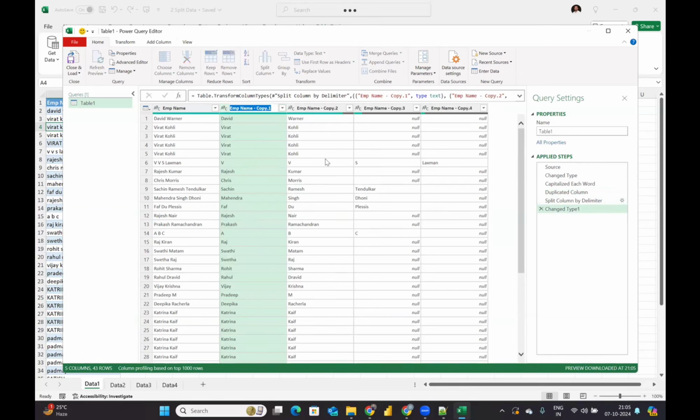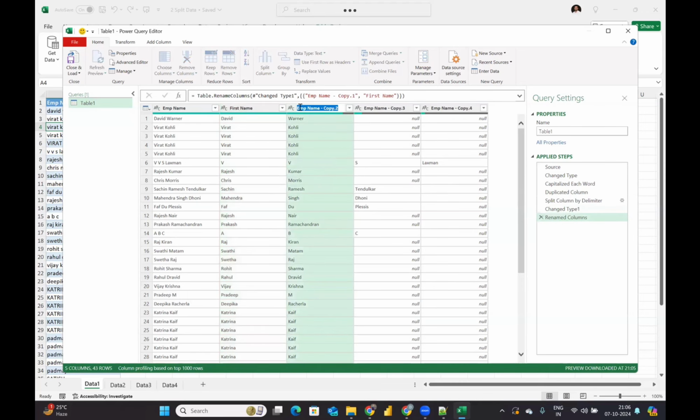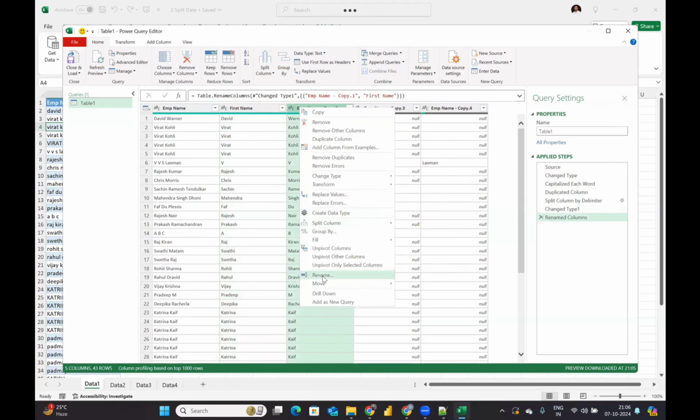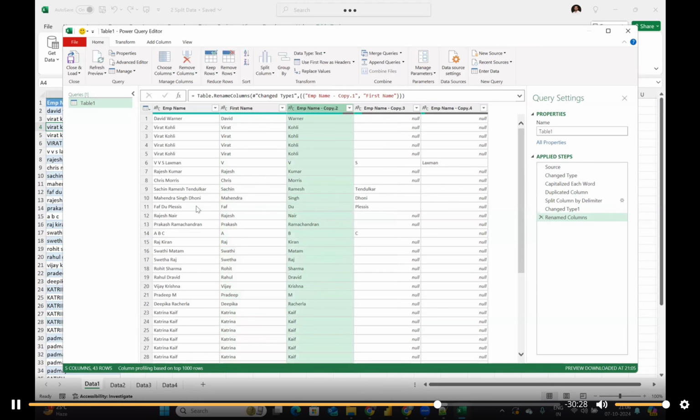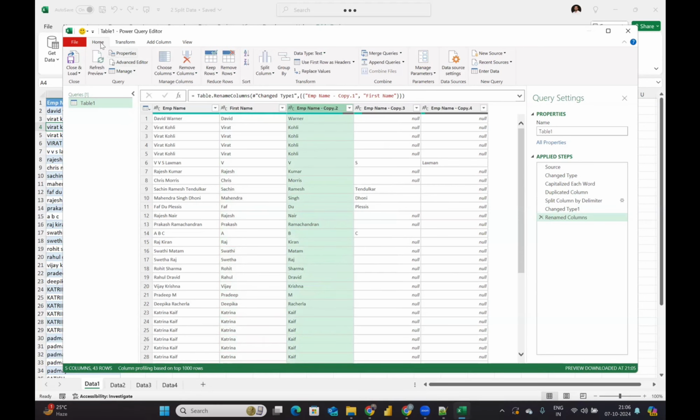ओके, क्या करेंगे? कुछ नहीं, जस्ट डबल क्लिक एंड रीनेम, डबल क्लिक हियर एंड रीनेम, अदरवाइज राइट क्लिक एंड रीनेम भी दिख जाता है आपको, ऐसा भी कर सकते हैं। सो वंस यू आर डन विद ऑल द चेंजेस, जस्ट गो टू होम रिबन, याद रखो होम रिबन में रहो, क्लिक ऑन दिस क्लोज एंड लोड।